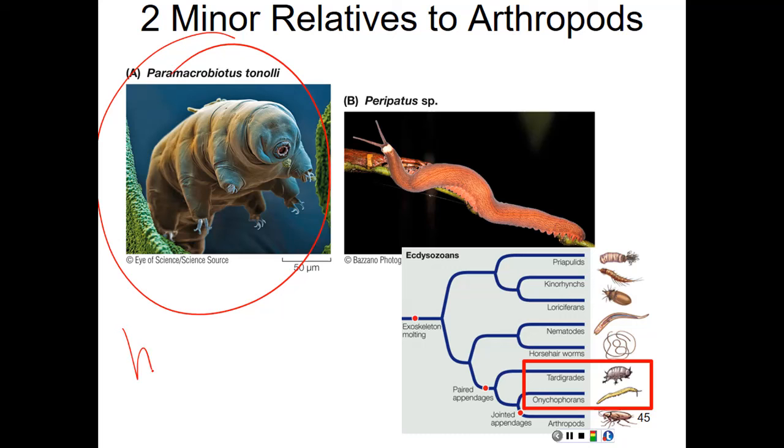A hydrostatic skeleton, and actually a lot of organisms have a hydrostatic skeleton. Earthworms are another example. A hydrostatic skeleton is a skeleton or a support structure that uses pressurized fluid as a means of support. So if you think of something like an earthworm, right, we have this body cavity full of fluid,